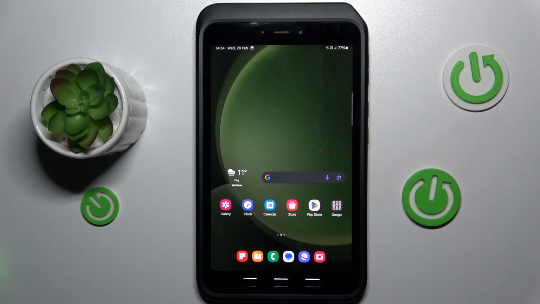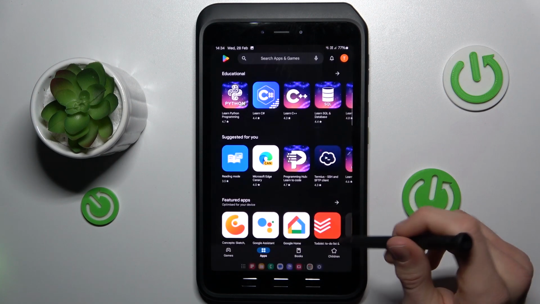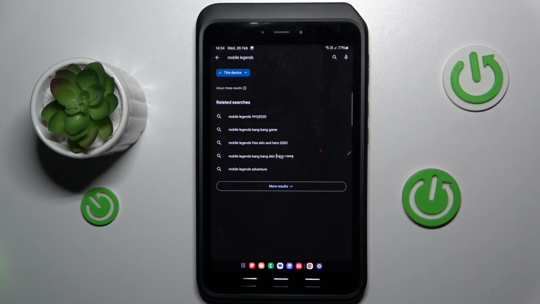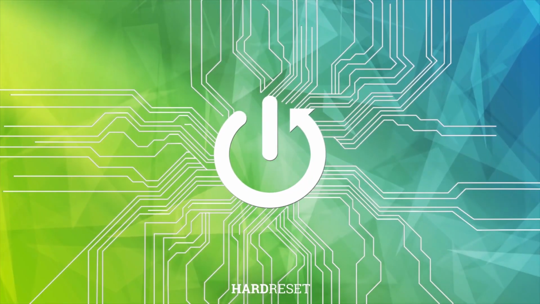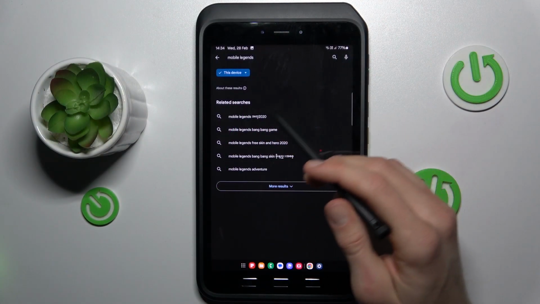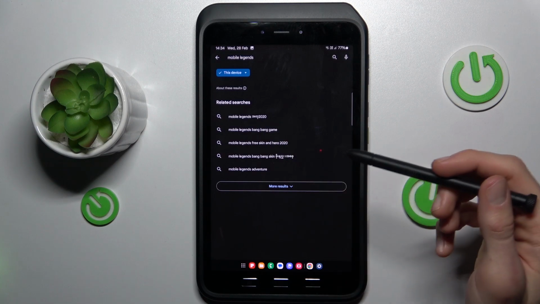Today I have the Samsung Galaxy Tab Active 5 and I want to show you how to fix the problem when your games are not visible on your Google Play Store, as in my situation. When you look for a game such as Mobile Legends or something like that and you don't have it,